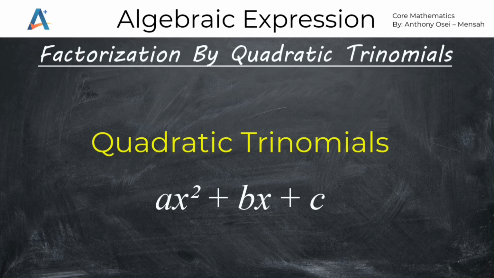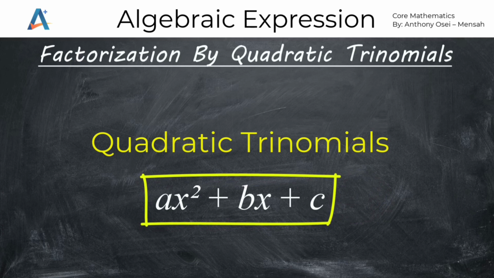We do not equate quadratic trinomials or quadratic expressions to 0. When a quadratic expression is equated to 0, or to any constant or real number, it becomes a quadratic equation. At this point, we are considering quadratic expressions. So please don't forget that quadratic expressions are not equated to any constant or real number. So ax squared plus bx plus c is the general form that quadratic trinomials must take, with a